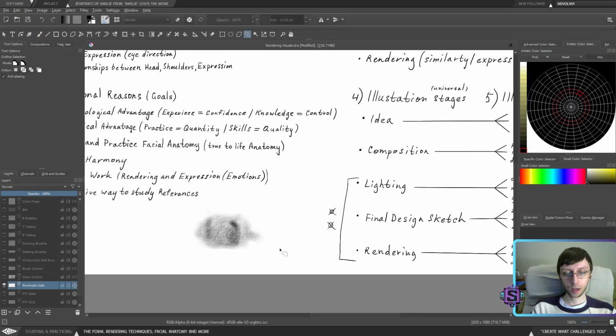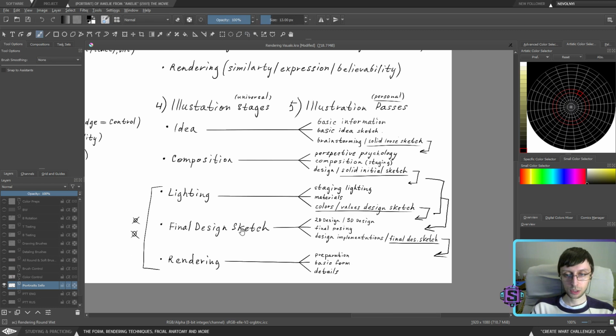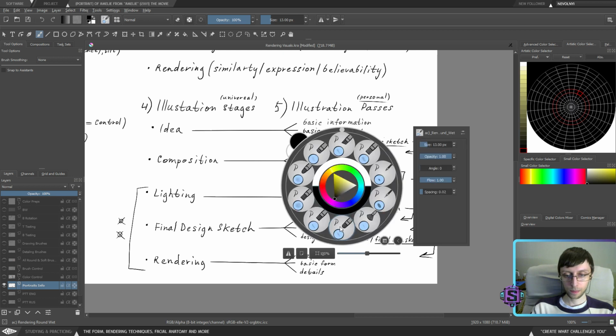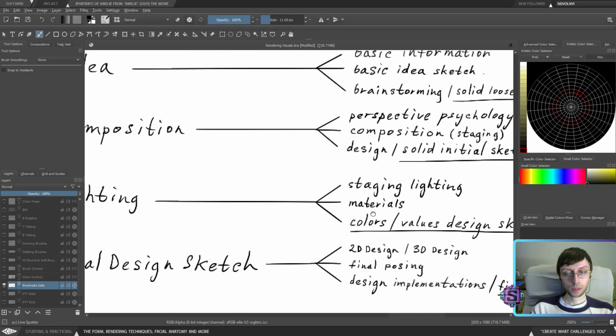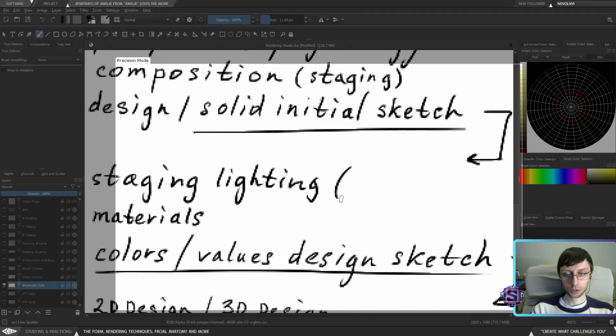I believe I'm going to use the soft approach, because I'm still going to use the solid initial sketch as the direction, staging, lighting. Yeah, let's just call it a soft approach.